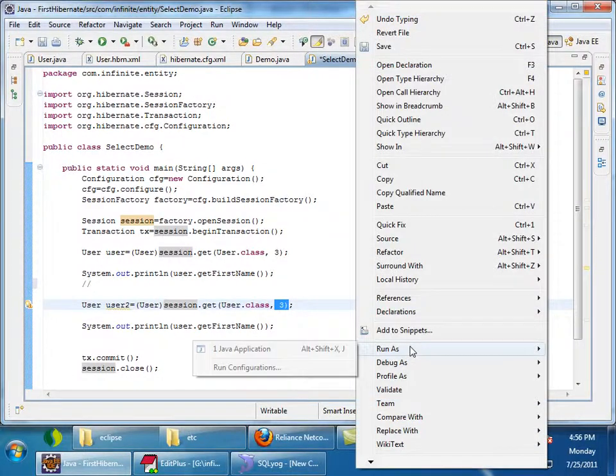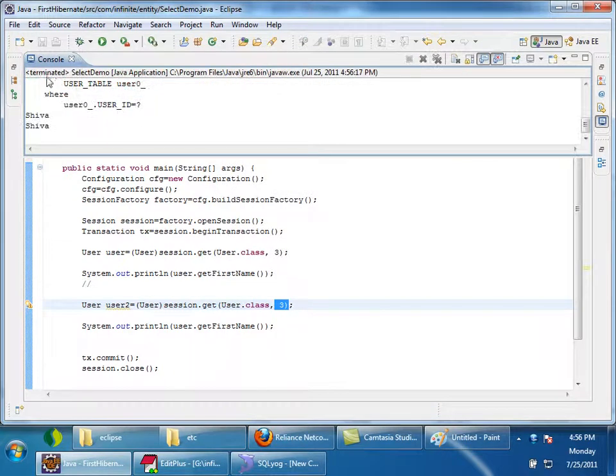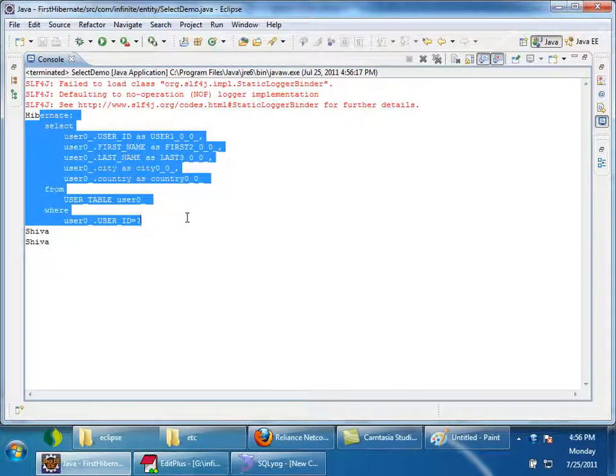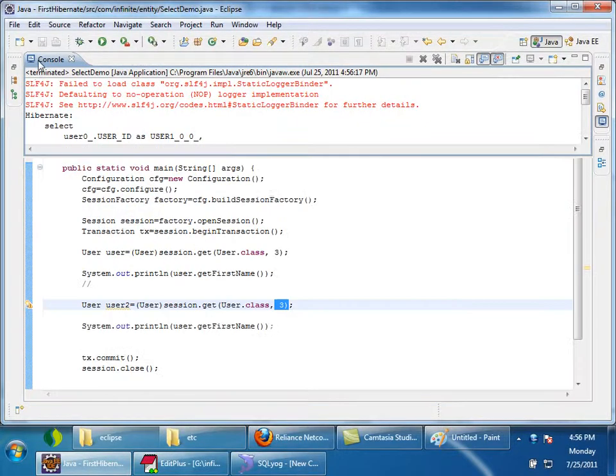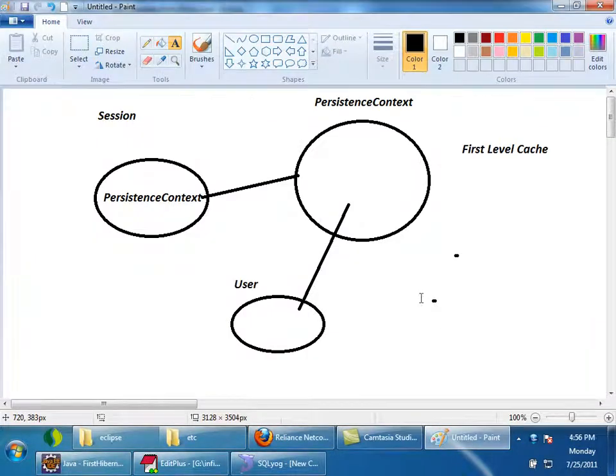Let us see what will happen. Yes, it has fired only 1 select query, right? Why? Yes, correct. Once I said session.get, it fired the query, got the user object, and the user object is kept inside the persistence context.